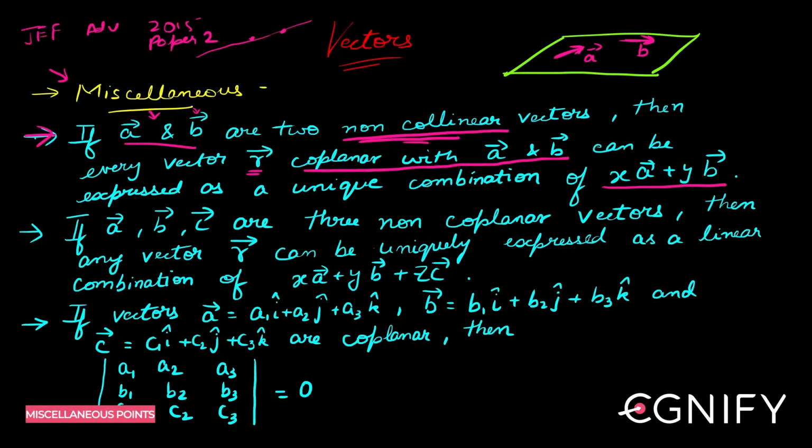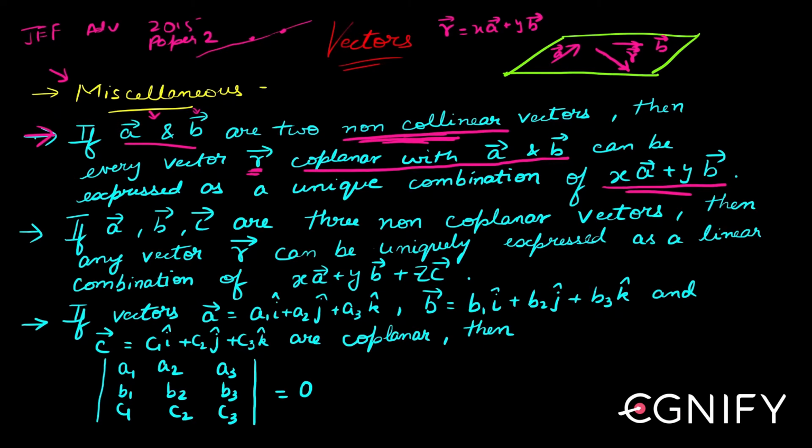So now, if these 2 vectors are non-collinear, for example, if you don't have a and b along the same straight line, they might look something like this. You have this a bar like this and b bar like this. They are not in the same direction, right? So they are non-collinear. Then any vector r bar coplanar with a bar and b bar can be expressed as a unique combination of x a bar and y b bar. So if I take any other vector in the same plane, r bar, then I can write r bar as some x a bar plus y b bar,